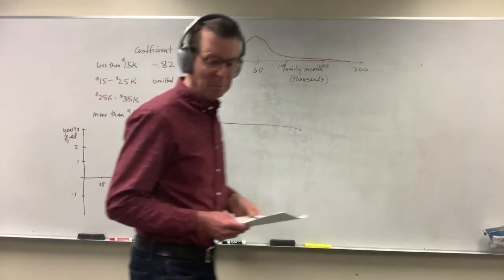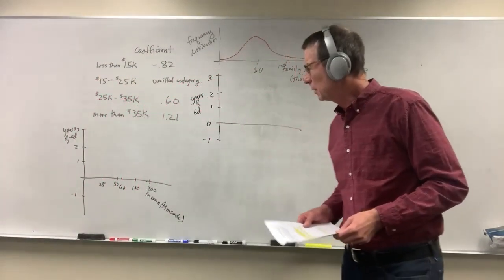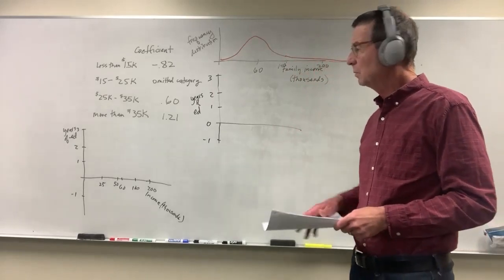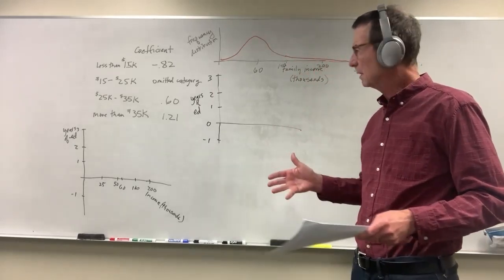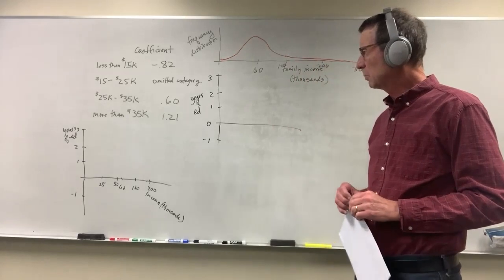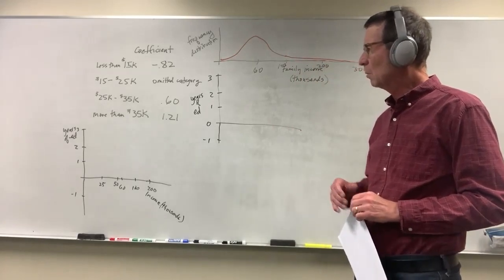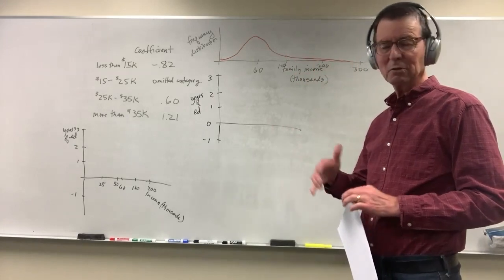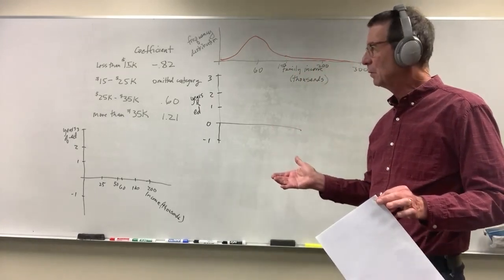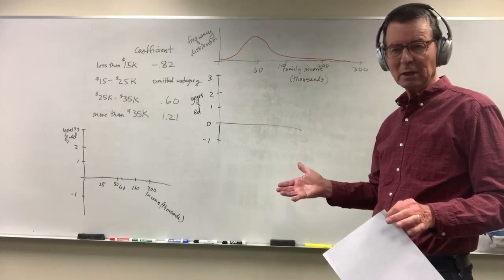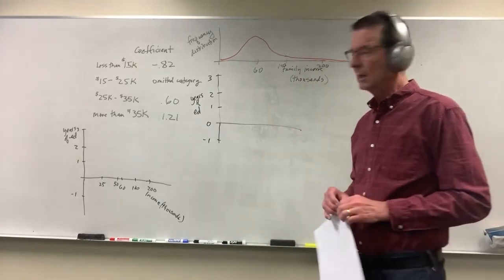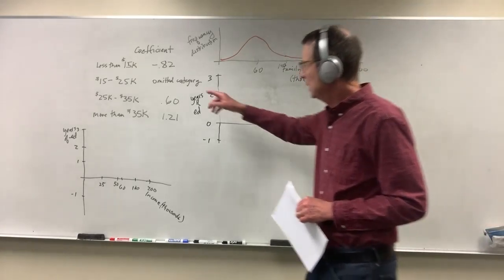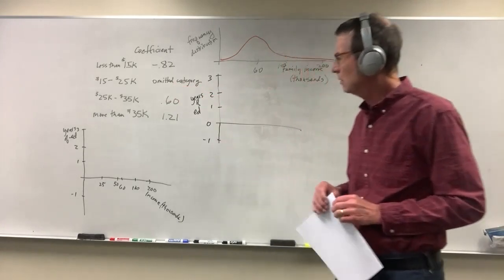You know, if you've got a bunch of dummy variables, you can't include all of them because the things would blow up. You have to omit one of them, and then the remaining coefficients show deviations in the value of the dependent variable adjusted for the covariates from that omitted category. So in this case, the omitted category is $15,000 to